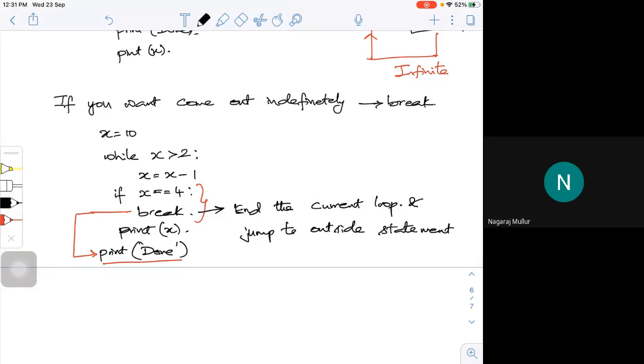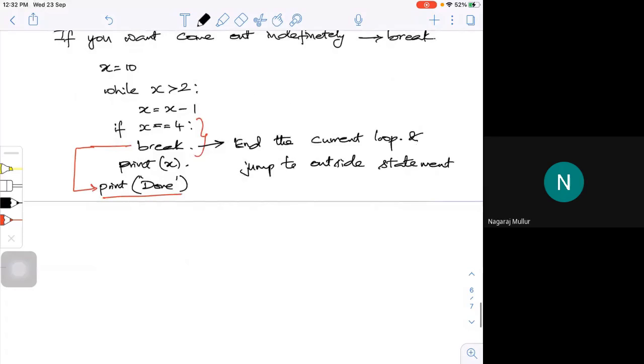Now, sometimes we may have to continue that particular statement. Say I am trying to check for a condition and I need to continue. A break statement will end the current loop, but a continue statement stays within the loop.